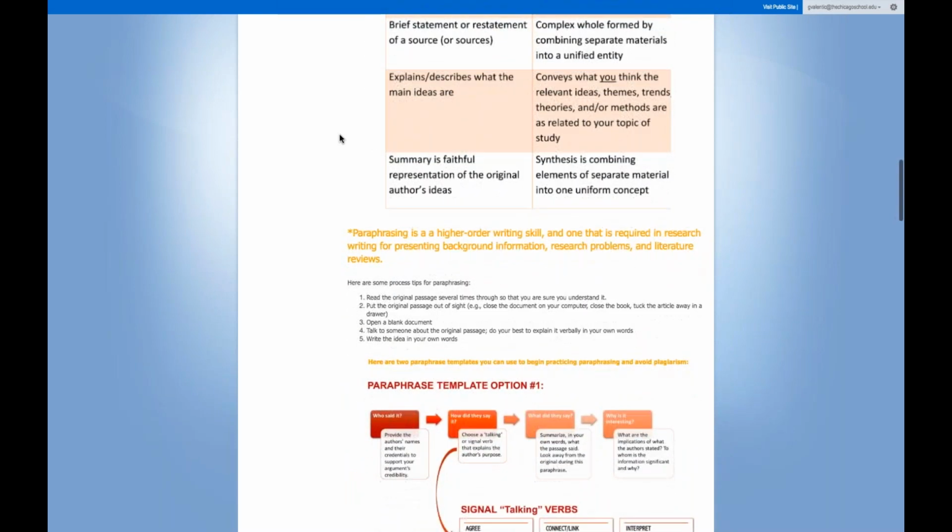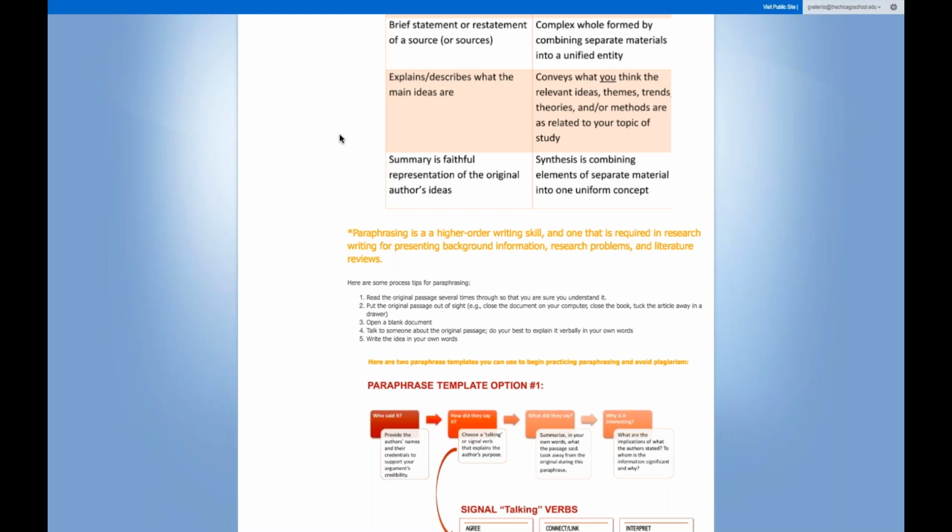In order to do this, we have to paraphrase. Paraphrasing is a higher order writing skill, so it can be kind of difficult. But for synthesis, it's very important because we have to be using our own opinions. This means we should have relatively little quoting and much more paraphrase of the sources. If we're using a great deal of quotes in our synthesis, we're presenting others' ideas rather than our own. So paraphrasing is important here because it's adding that third layer that creates synthesis, our perspective on the relevant ideas,